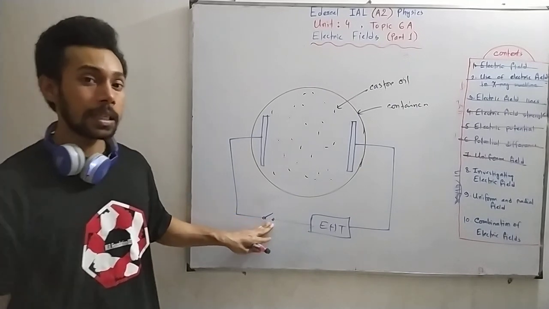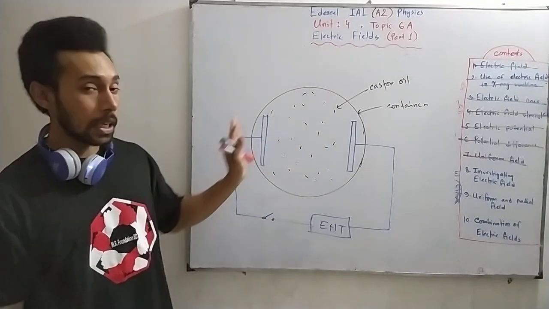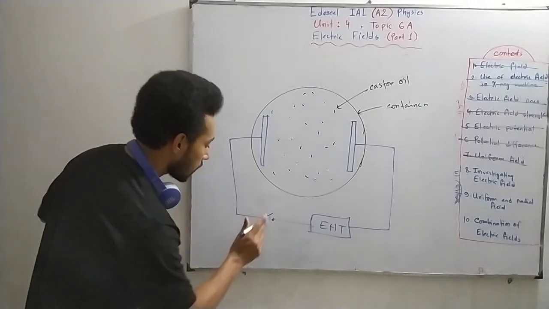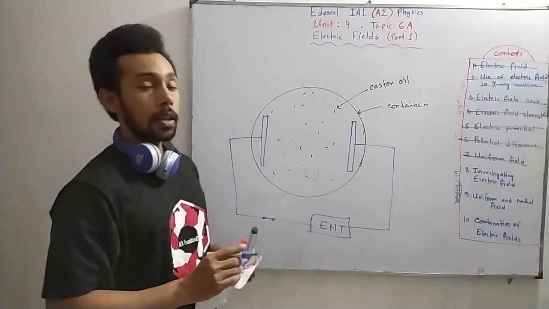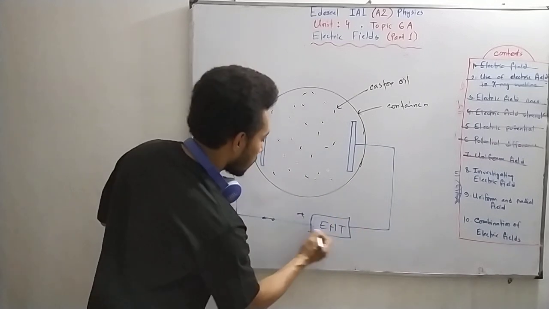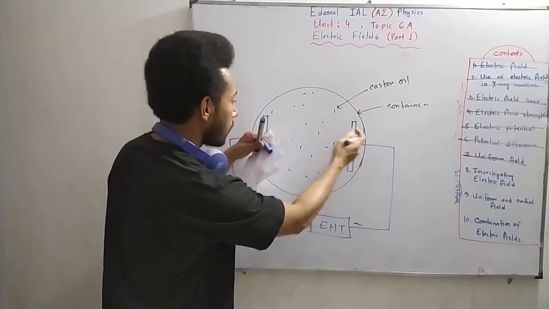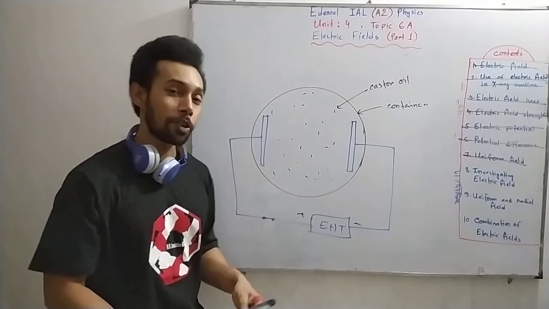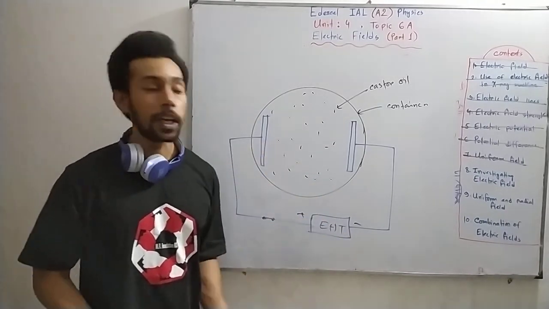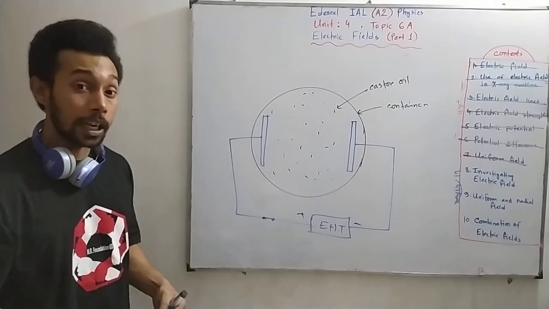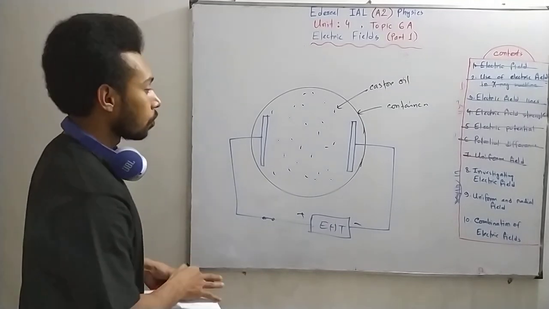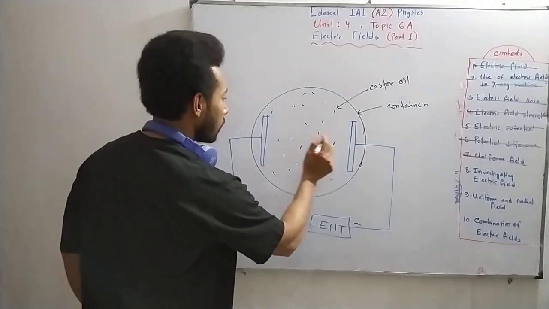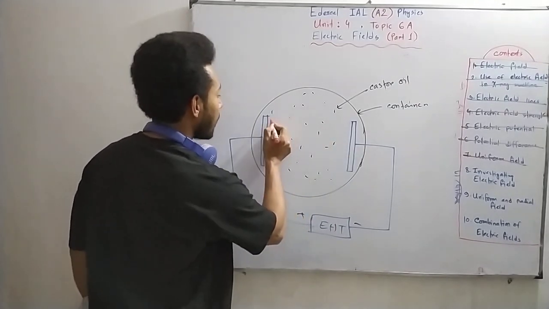Since the power supply is still turned off, there is no electric field in between, but when you turn on the power supply, there will be an electric field between these two plates. Since the plates are parallel, there will be a uniform field between them. An electric field will be set up between the plates, and you will notice that the semolina grains then line up with the